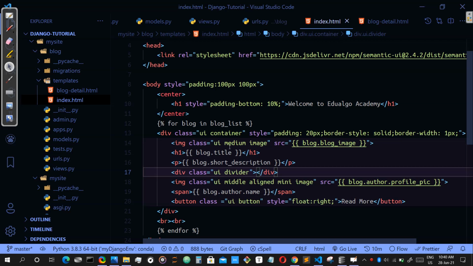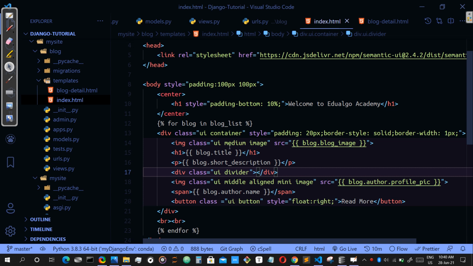Hi, in the last video we discussed how to design our templates and how to put data in by using the render function. Now the next thing is connecting two templates through the URL mapping. For this purpose we need to create another view for our blog detail template, and in the blog detail we are going to show the detail of the blog that we are actually interested in.